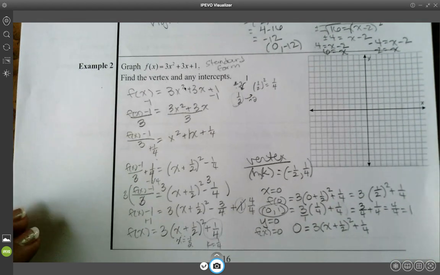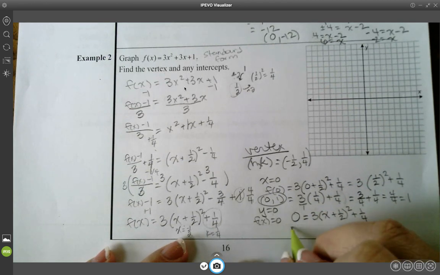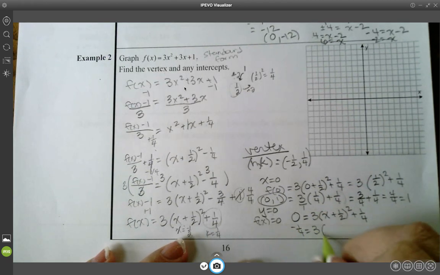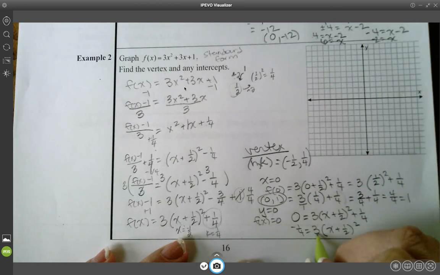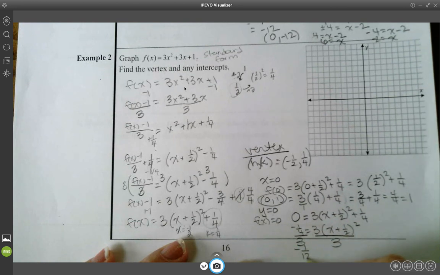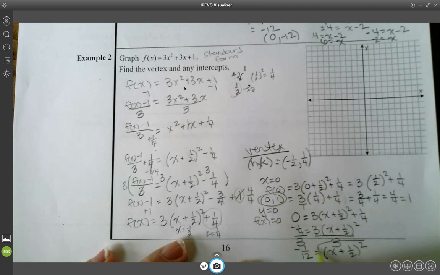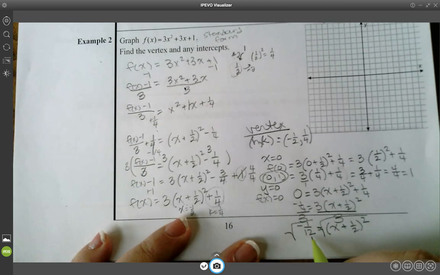Okay, and we can solve this again by using the square root property. So subtract 1/4 over: negative 1/4 equals 3 times (x plus 1/2) squared. Divide by 3. Negative 1/4 divided by 3, multiply by the reciprocal, negative 1/4 times 1/3. So that's negative 1/12 equals (x plus 1/2) squared. Square root property. Notice this is going to be a complex number. Square root of negative 1/12,